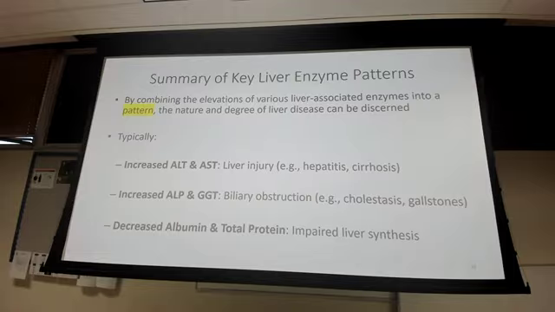All right, here's our summary of all the stuff that I was blabbing about. But it's important that you know this, all right? So increased ALT and AST, liver injury, hepatitis or cirrhosis. Increased ALP and GGT, biliary obstruction, and then decreased albumin and total protein, impaired liver synthesis. Right, and those are gonna be the most common ones that you all will see as clinicians. I'm not gonna hit you with no esoteric, rare stuff that nobody's seen in 50 years, like I don't believe in that. I'm gonna hit you with stuff that you're actually gonna see and actually run on your patients,